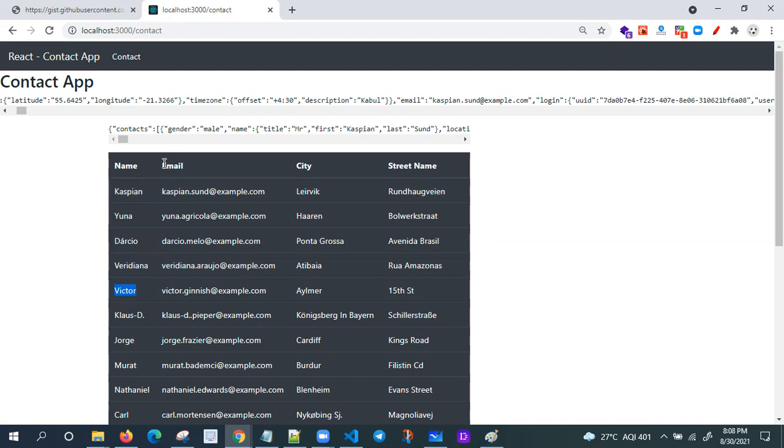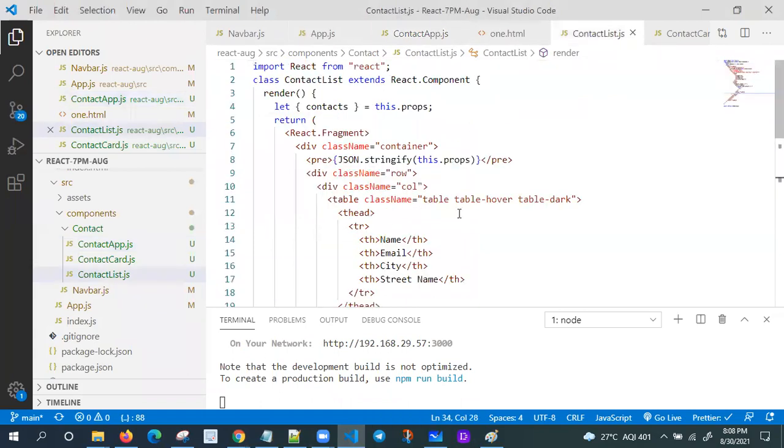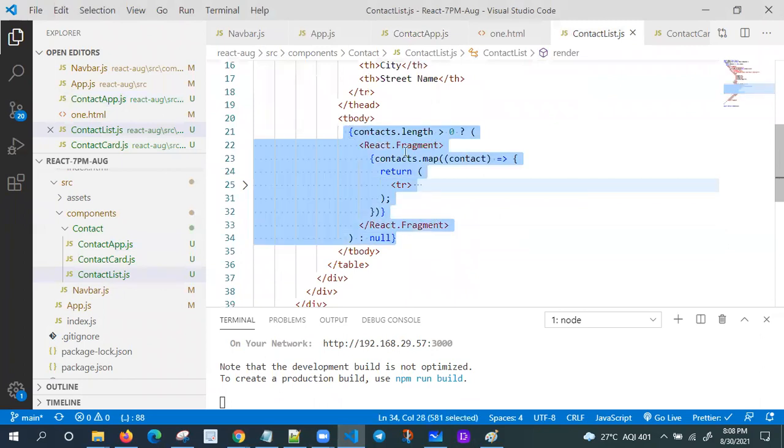Because this is not a contact tab. This is a contact list, right? So we need to lift our data to the contact app. My cursor is on the row now, and I want to bind some data to the contact app. So now you can tell me what I need. One will be props, because we are sending data from one component to another component, contact list to contact app. Exactly correct.